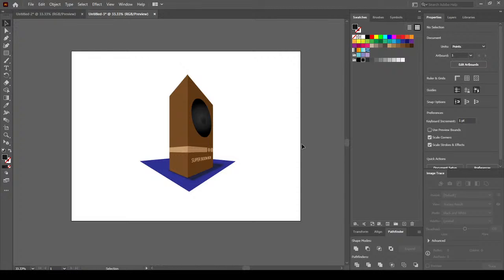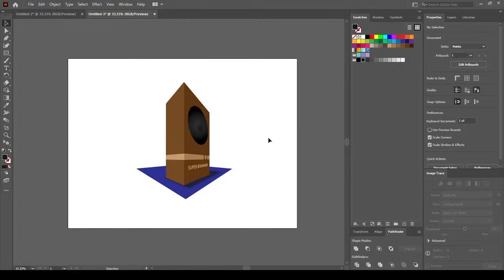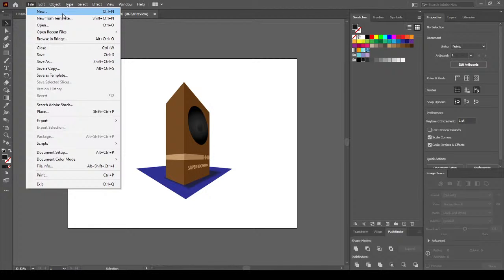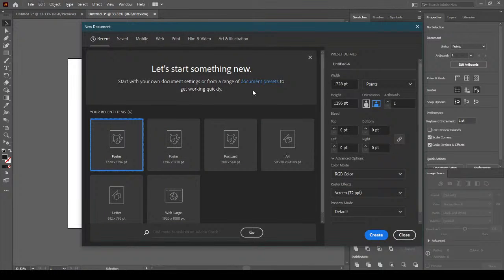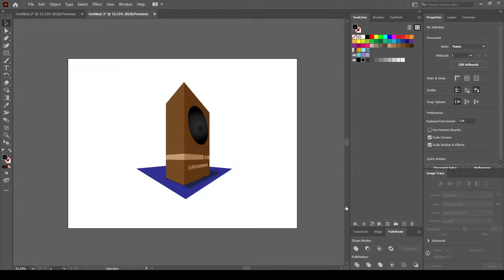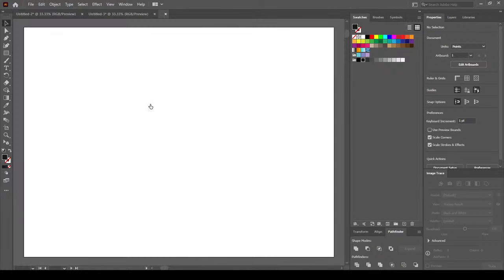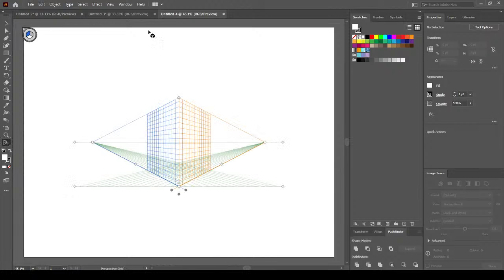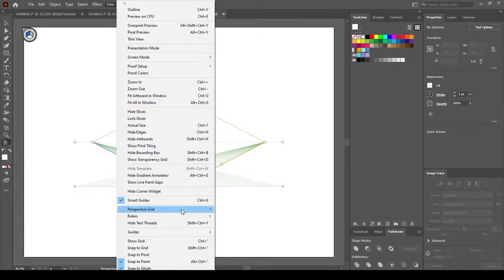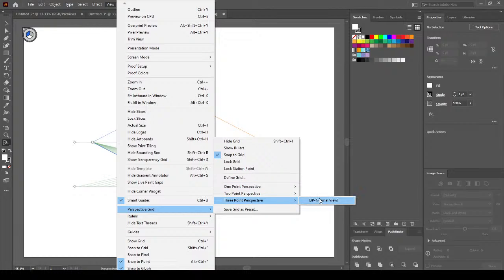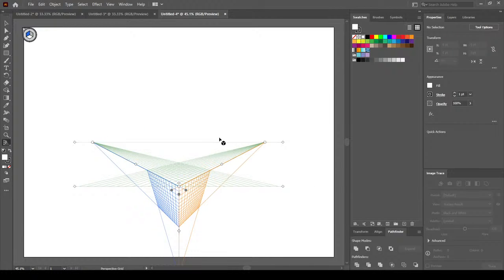So this is a 2-point perspective. Now let's try 3-point perspective here. So I will go here, new, same file, I will use it. I'll turn on my perspective grid. Okay, and this time I will choose 3 points. Now you can see that 3 points is kind of like a 2 point, but it has one more